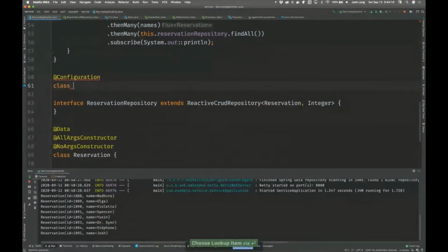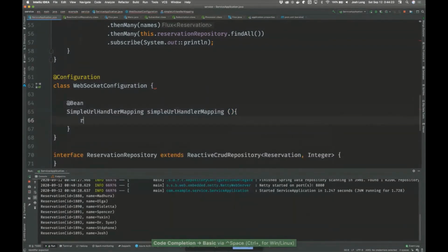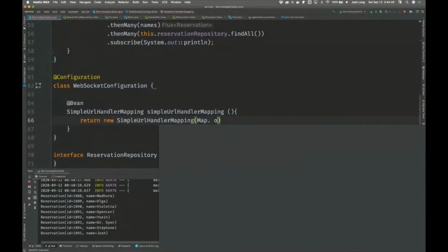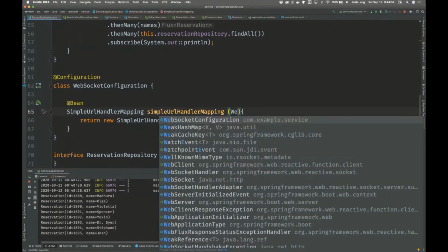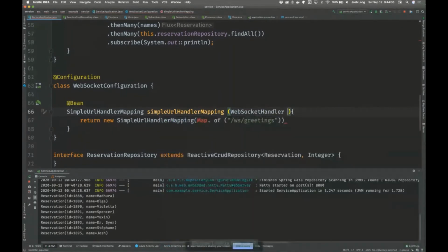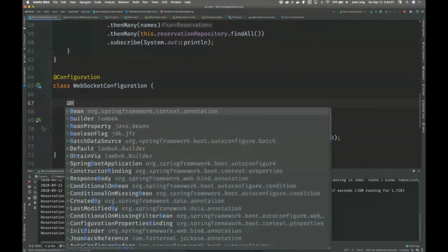So let's look at an example of something that would require this long-running kind of thread in the old world that we can make much easier in the new world, right? So we're going to say WebSocket configuration, and we're going to create a simple URL handler mapping. And what we're doing is we're going to create a new WebSocket endpoint. But WebSockets are a binary protocol that you have to connect to using HTTP. So you have a handler, and the handler is used to upgrade the client from HTTP to the binary WebSocket protocol. So that's what I've just done here. As I've said, when a client connects to WS Greetings, upgrade them to the WebSocket handler.